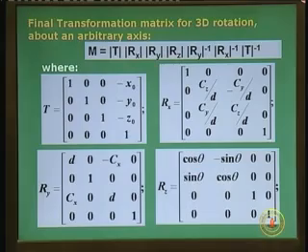I leave it as an exercise for you for this particular chapter or lecture, that is, try to get the elements of M. You will have a 4 cross 4, 16 elements of M, and try to get all the 16 elements of M by multiplying. You have about 7 matrices to be multiplied, 4 of which are given here. The other 3 can be obtained by just taking the inverse of T, Rx and Ry respectively.